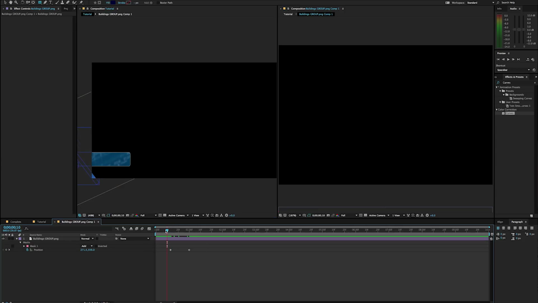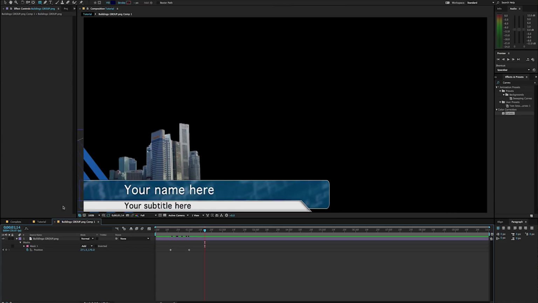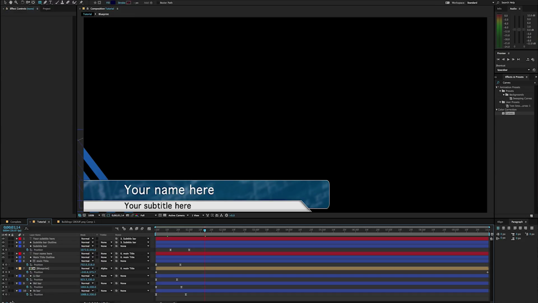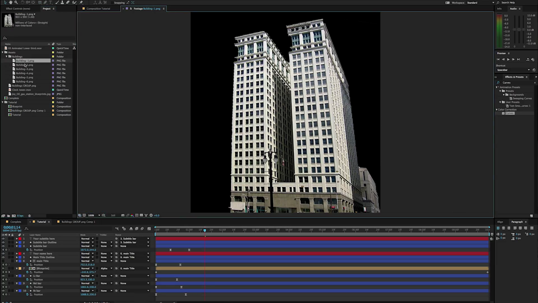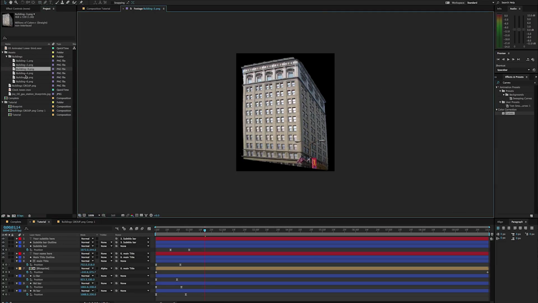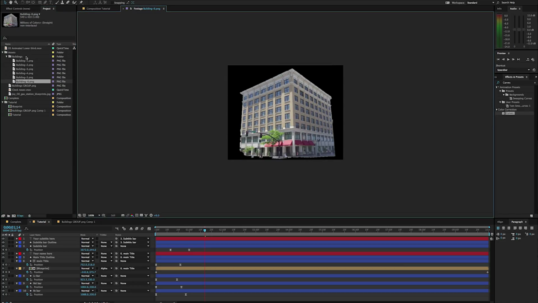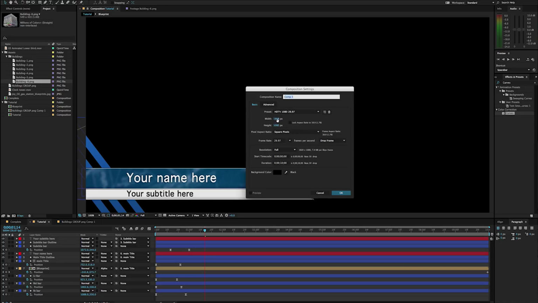All right. So excellent. That's one way I can do it, but I want to do something just a little fancier still. So instead of using this group here, I'm going to get rid of this group completely. I've cut out all these individual buildings here. If I double click each one of these, you can see I've got each of those individual buildings. The reason I cut them out was so that I can have them each pop up independently of each other. So we're going to make a new comp here, and let's make it, say, 800